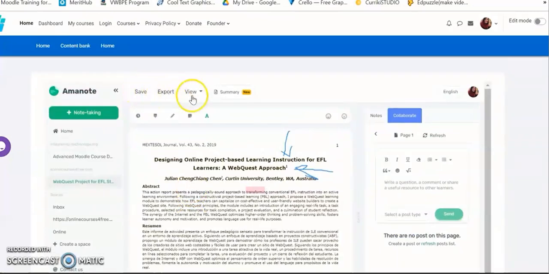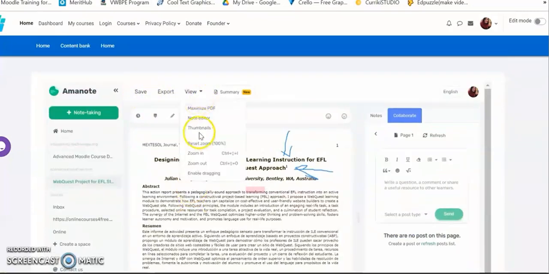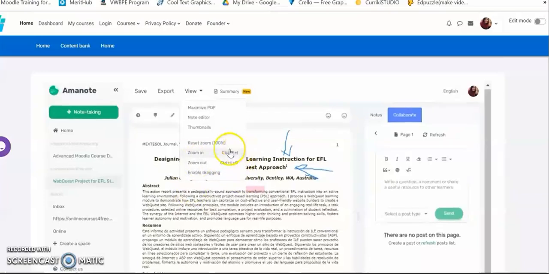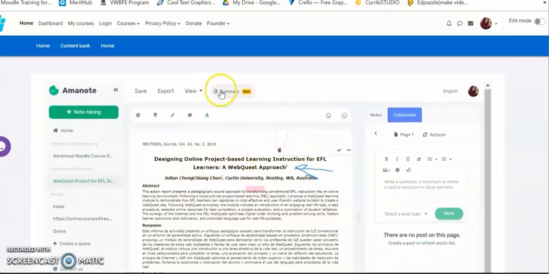They can export it, they can view it, they can maximize PDF, they can zoom in, zoom out, enable dragging. Also, it shows the